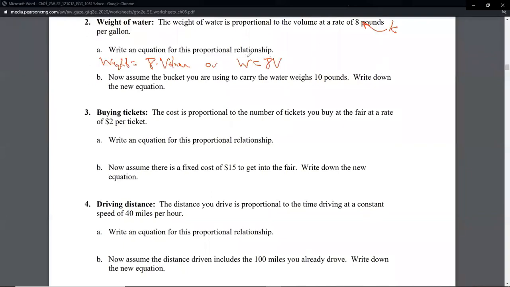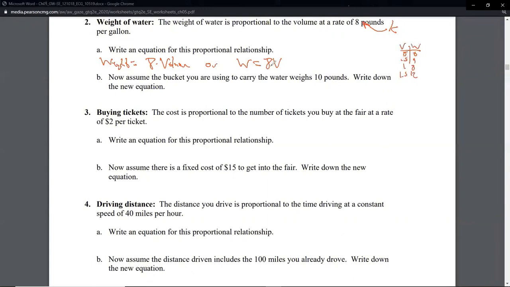So what you can do is you can use this equation and go back to that table before, and I'm not going to be able to do that because I'd have to erase everything and move, and it's just time consuming. That table, we had something like 0, 0.5 is 4, 1 is 8, 1.5 is 12, and you could plug in any of these volumes and you should get the weight.